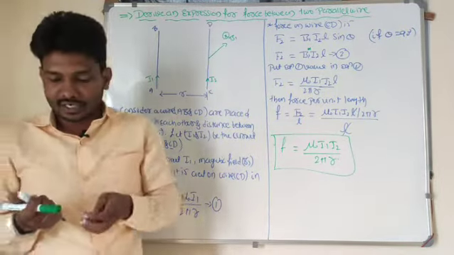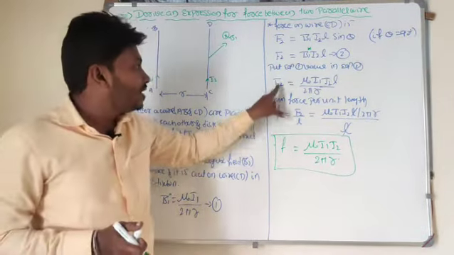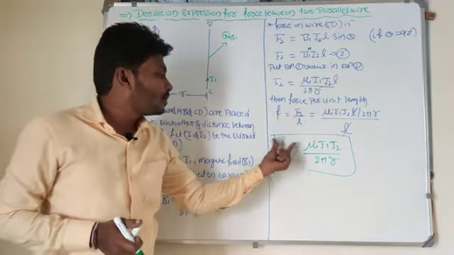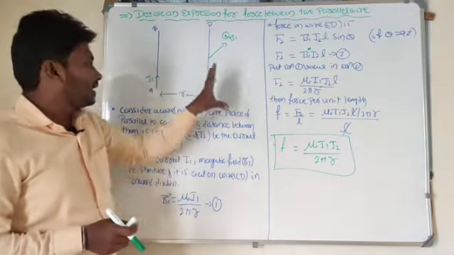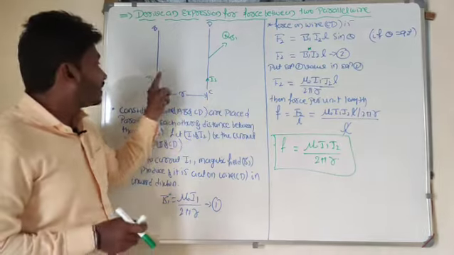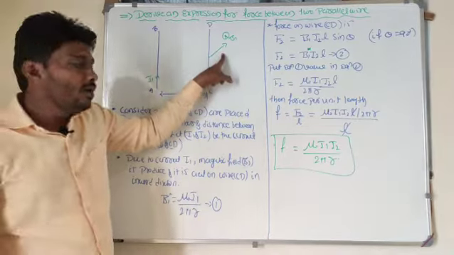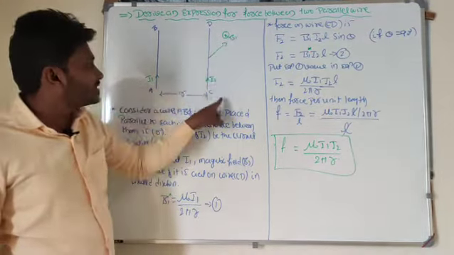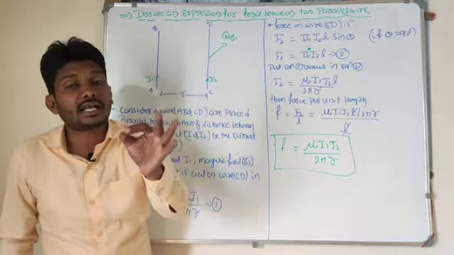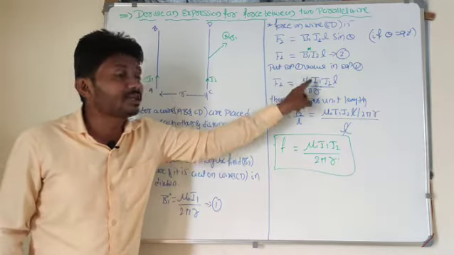Now the most interesting aspect is, I got the value of the force acting on the wire CD, or force per unit length. Now I have to find out in which direction the force is acting. Because of the current I1, I get magnetic field B1, and that magnetic field B1 acts on the wire CD. On that wire CD, current I2 is flowing. Then what will be the direction of the force F2? I need to find that out.